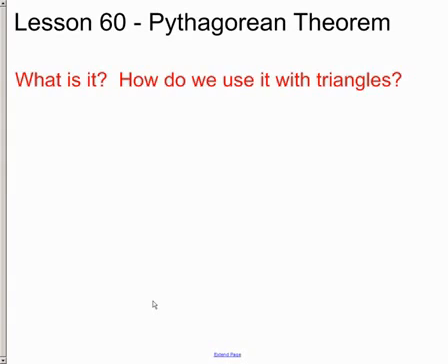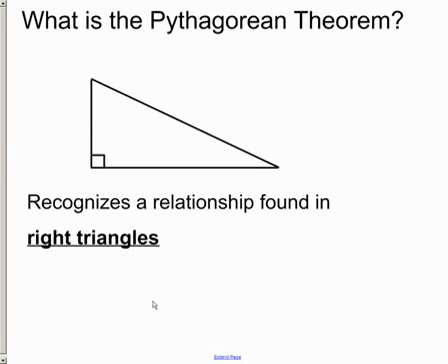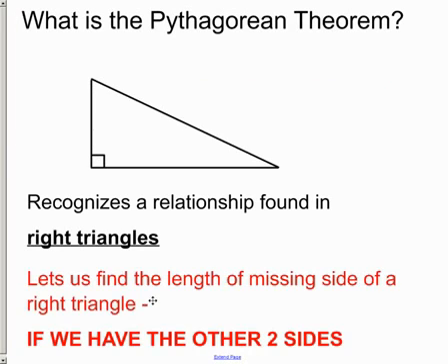The Pythagorean Theorem. Let's get right into finding out what it is and what we do with it. It's used with only right triangles. That's the only thing that it can be used for. We can find a missing length of a side if we've got the other two sides. And it's a very special relationship that once we figure it out, we can use it for any type of